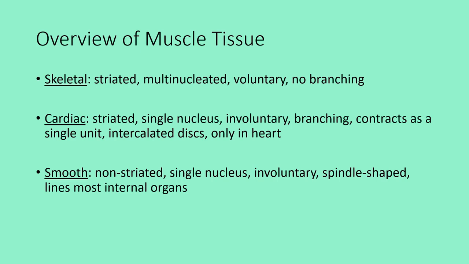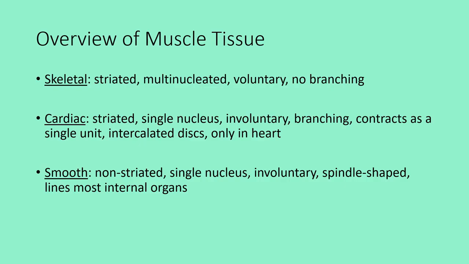Cardiac muscle is found only in the heart. When you look at it under the microscope, it also is going to be striated. It only has a single nucleus per cell. So that's one way you can distinguish it from the skeletal. It is under involuntary control. There's also a lot of branching with the cell, so that is another thing that you can use to distinguish